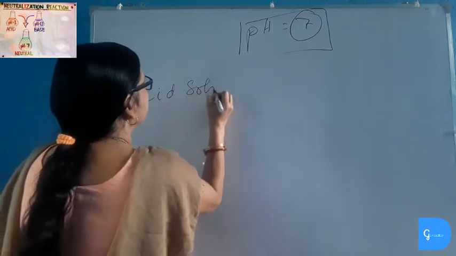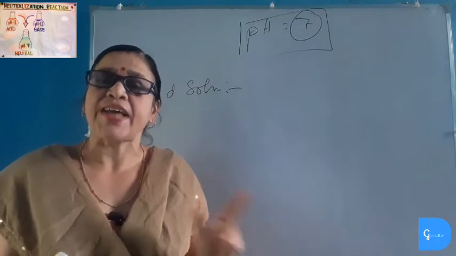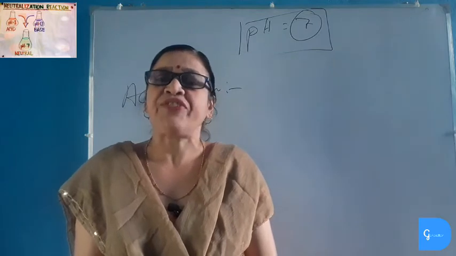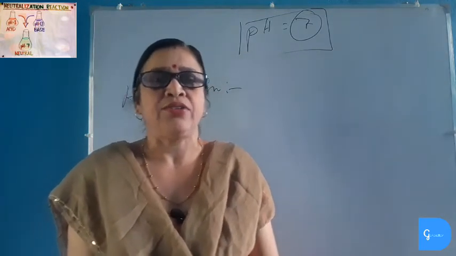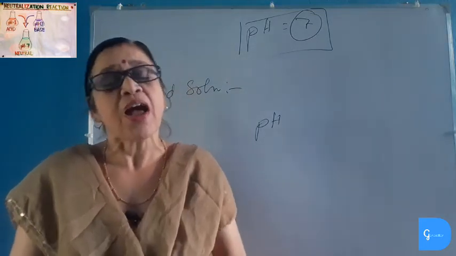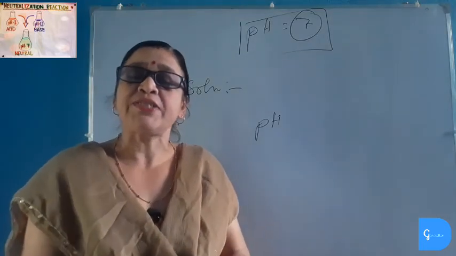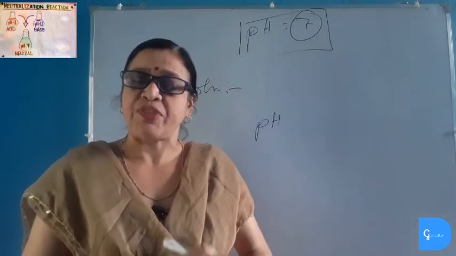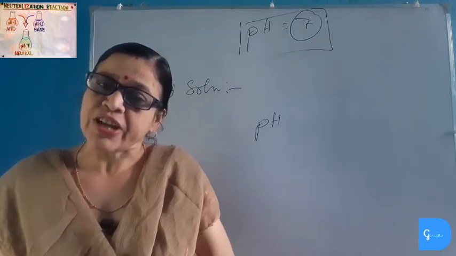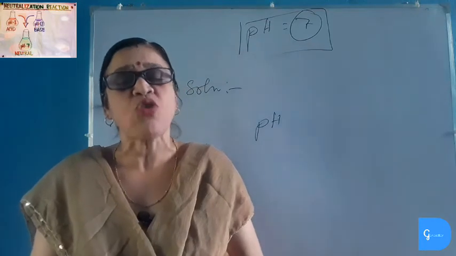Acidic solution. If the solution has pH value less than 7, then we can say that it is acidic solution. For example, if the pH value of a solution is 5, then we can say that it is acidic in nature. We must also remember here that pH of the acidic solution is inversely proportional to the hydrogen ion concentration. That is, if the pH value of the acidic solution is less, that means it has more hydrogen ion concentration, and if the pH value of acidic solution is more, then it has less hydrogen ion concentration and therefore it is weak acid. And the acidic solution which has less pH value are strong acid.